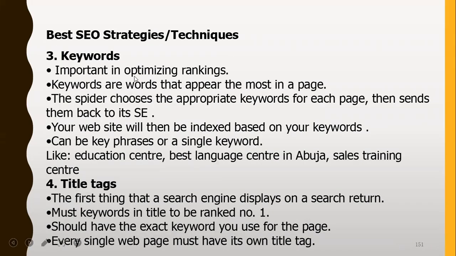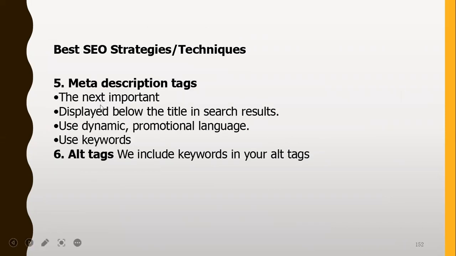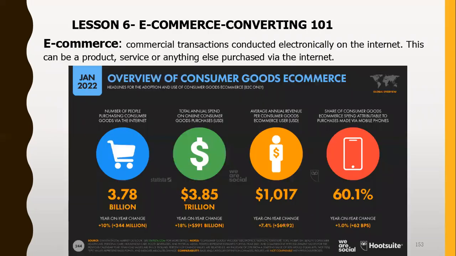Keyword analysis, we're going to be doing that. Title tags, we're going to be doing that on each of those websites that we're going to be using for case studies. And of course, meta description. So when you hear the word meta, it's like text that describes other text. So we're going to see these things in action. And of course, I already talked about alternate tags. Okay, that's all for strategy marketing. So you have strategy optimization, strategy marketing, they go hand in hand. So that's all for that particular session.